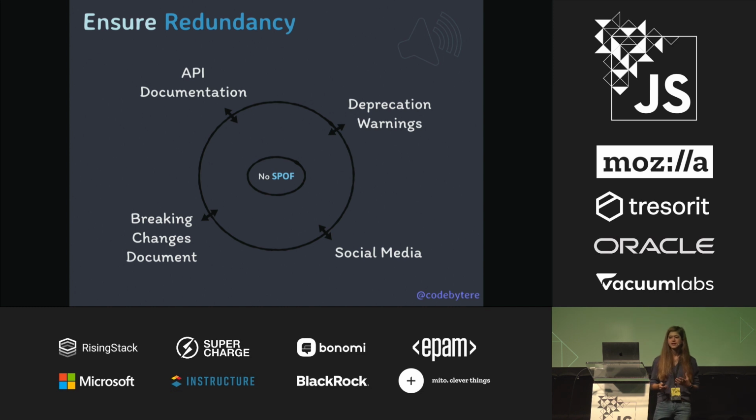Upcoming changes, especially those that break or alter existing functionality, should be as discoverable and as context-rich as you can make them. If there's only a single place that your users can go to determine upcoming changes, that's a single point of failure. They miss that, and they might get blindsided. In my opinion, the opposite of a single point of failure is not necessarily no points of failure. Instead, it's multiple, discrete points of failure.